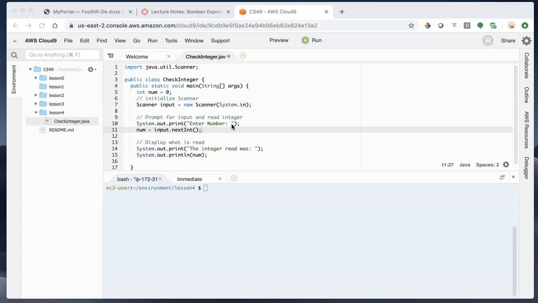What you would get is a type mismatch exception, which would say that what you're entering is not really an integer. So how can we detect this before we actually make the assignment? The way you would do it is as follows. You would type if input has next int,